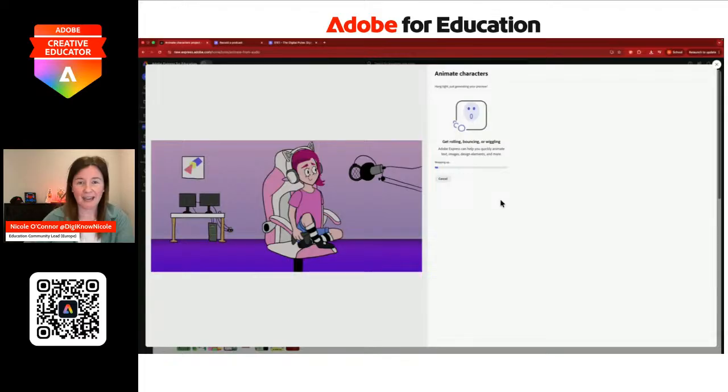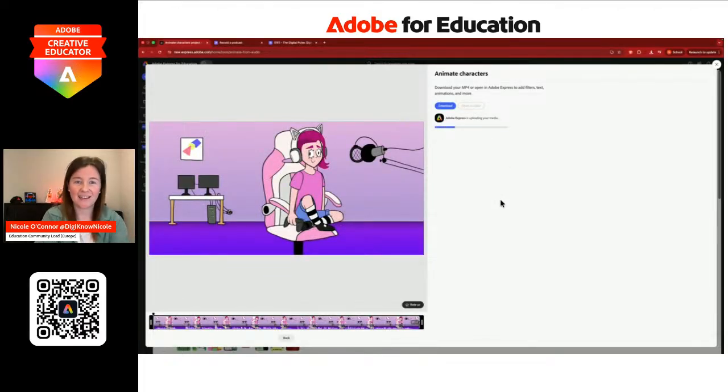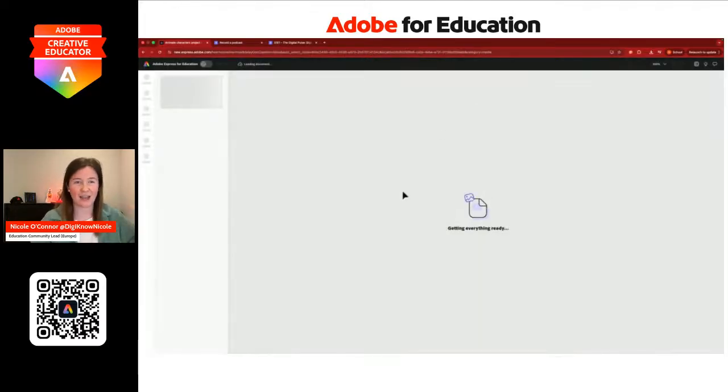So whilst Animate Character is doing its thing, it's essentially transcribing speech to text to create a version of the podcast frame by frame with some motion. And I can have a little preview of it here, or I can just go straight in and open in the editor. I'm just going to open in the editor because I want to do something else with my video,